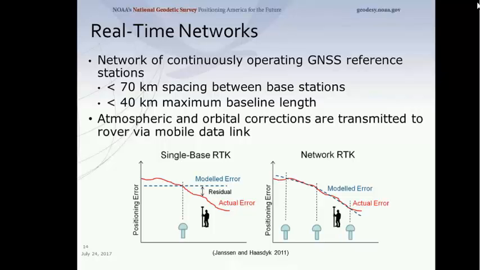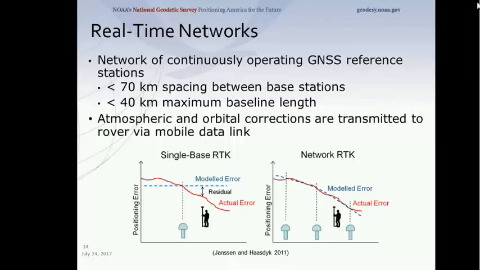As I've been studying RTNs, what I found is the recommendation is that you keep your base stations in your real-time network within 70 kilometers of one another. That seems to be a pretty consistent message that you hear from vendors. And based on that, you can infer that the baseline lengths could be as much as about 40 kilometers. You're never more than 40 kilometers from one of the base stations